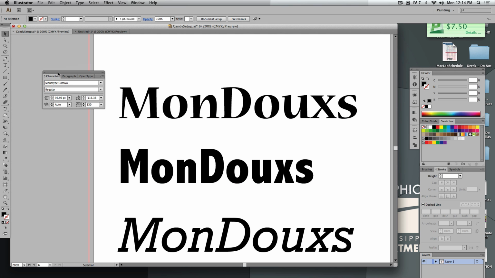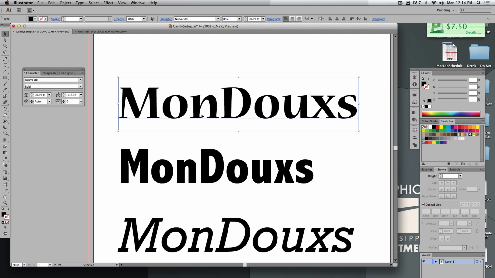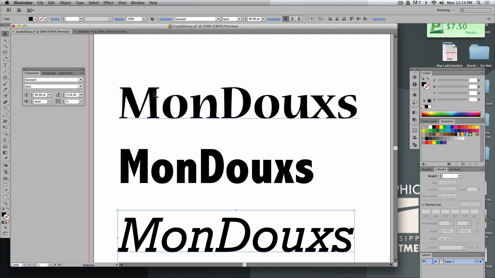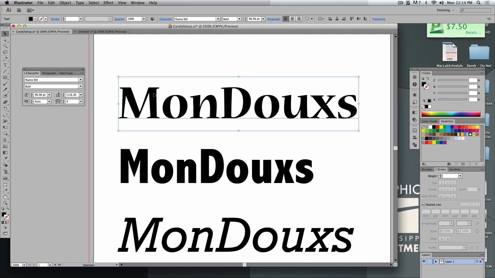Actually, I chose 3 of them, and I was kind of debating between each one of these. So I've got Nuvia, Abadi, and Rockwell. Each one of those kind of has a nice little feel to it. I like this one because it's a little bit more cartoonish. It has that Saturday morning cartoon kind of feel, like you're watching